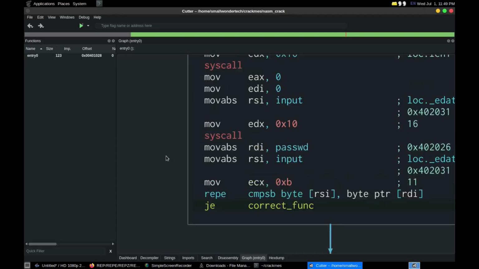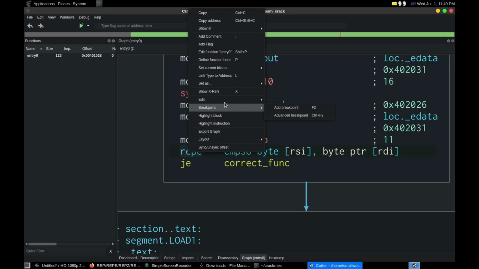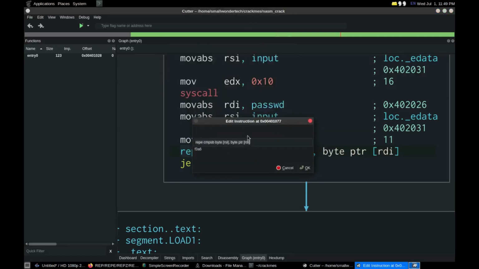I was telling you guys about another way to do this, and this is the other way. If I right click and say edit, I go to instruction. So I could just come here and change this from RDI to RSI again. Now if you look at this, you can see that the instruction size didn't change. All right, so if I hit OK,